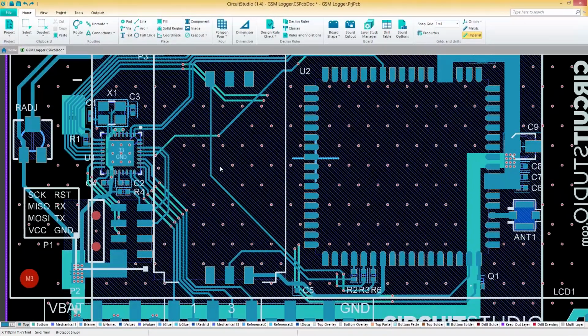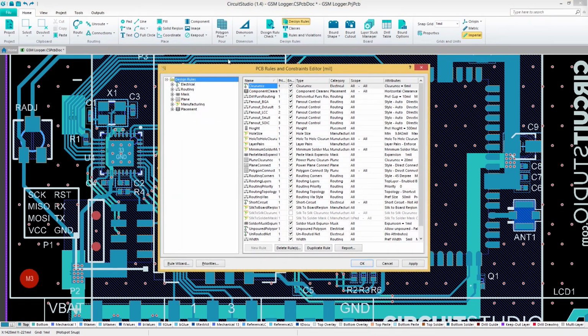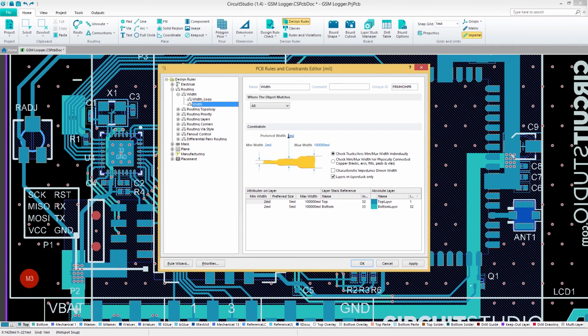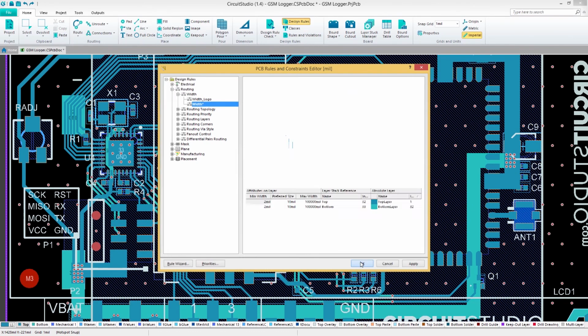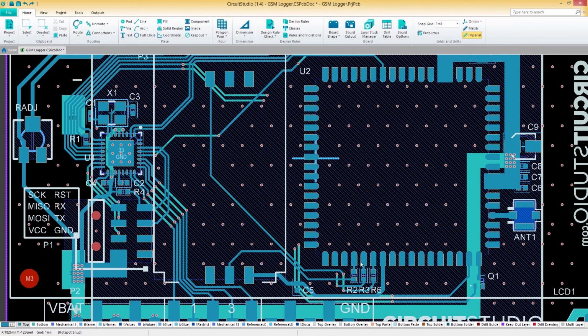Routing your board in CircuitStudio can be a quick and easy process with the help of several interactive routing features. Before we get started, it's always a best practice to set up your design rules for a worry-free design experience. To do this, we'll select the Home tab, and then choose Design Rules. On the Design Rules panel, we'll configure our routing width settings and leave the rest of the settings at their default. With your design rules configured, you can now focus on routing your board while staying in full compliance with